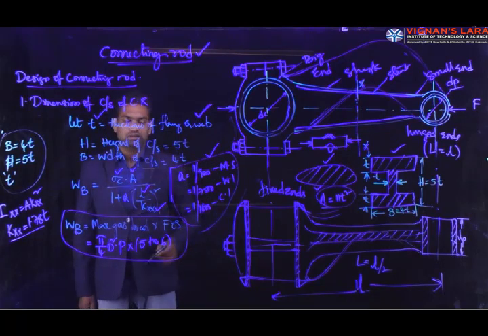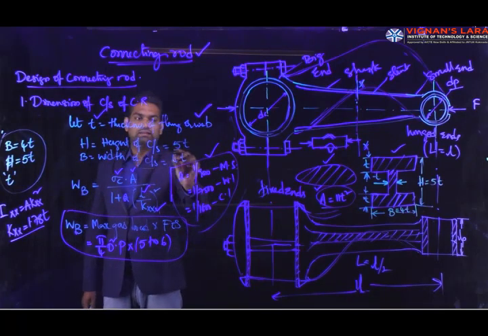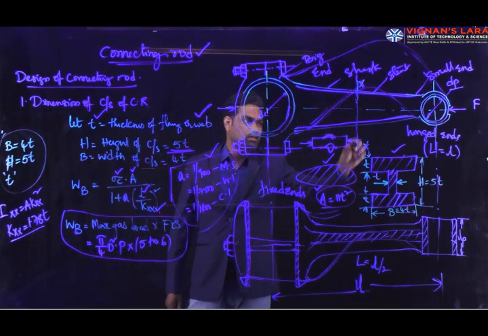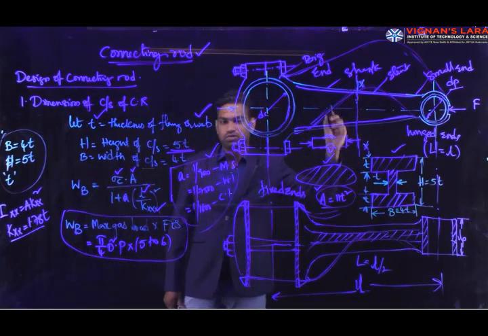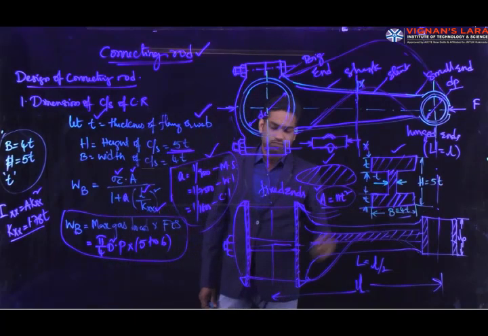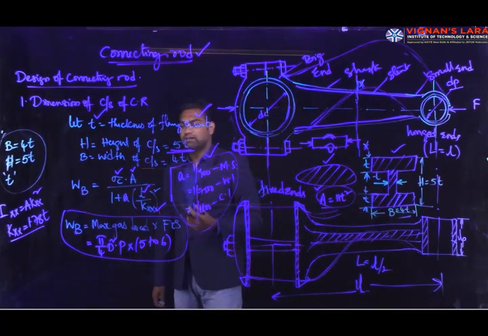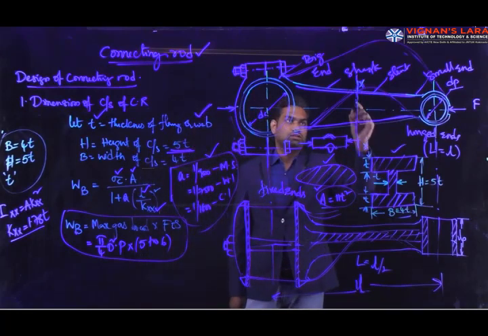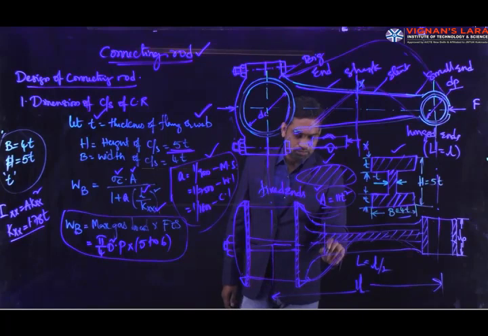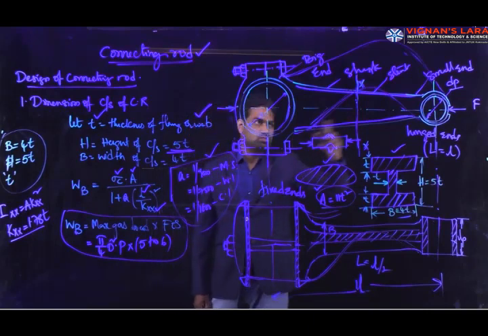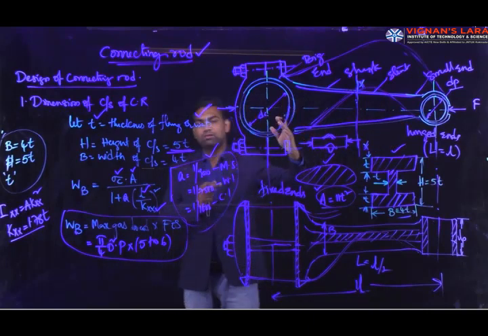After finding out small t, you can calculate the height of the cross section at the center, that is here you consider. So that is height 5 times t, and the width you can calculate as 4 times t. So after finding out the height, width and thickness, here you can observe in the diagram, the width of the cross section, this is B. So width is uniform throughout the length of the connecting rod, but the height of the cross section is going to vary from big end to the small end.